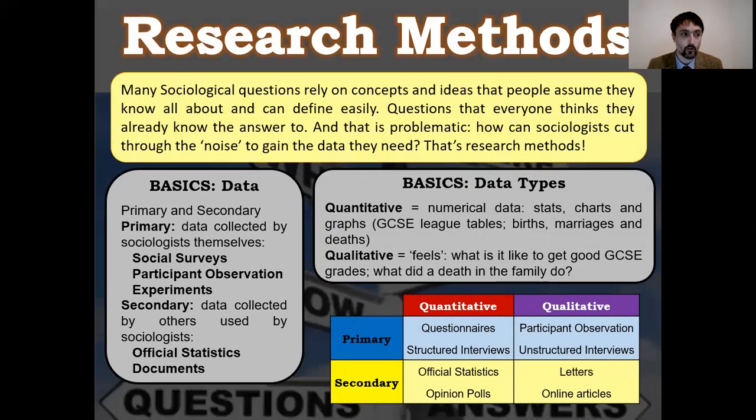Had she just relied on questionnaires and structured interviews and official statistics, she would not have been able to discover anything about that particular form of family. Now, it doesn't mean that that form of family is important. It was only ever there as an illustration of what you can discover when you're looking for things on a postmodernist viewpoint. So qualitative data can include participant observation, whereby, I don't know, you want to know what it feels